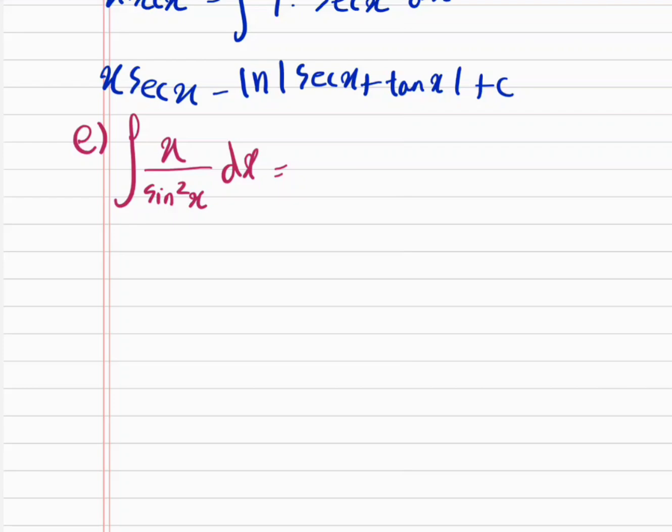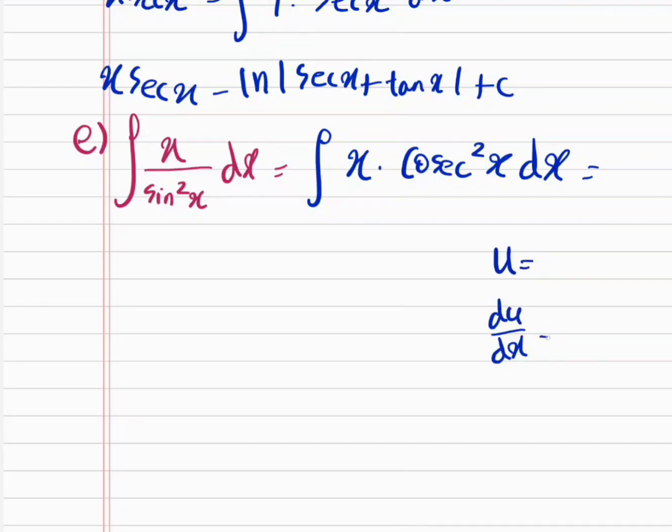So in this case, we can first rewrite this as x times cosec squared x dx, and now this looks like a product. And so as usual, we need to make two choices: for u and then du dx, dv dx, v. So the choices are u and dv dx. Let's say u is equal to x, and for dv dx we say it's equal to cosec squared